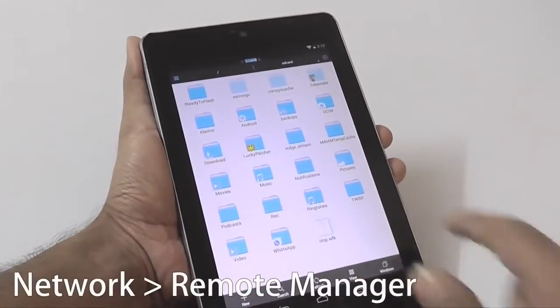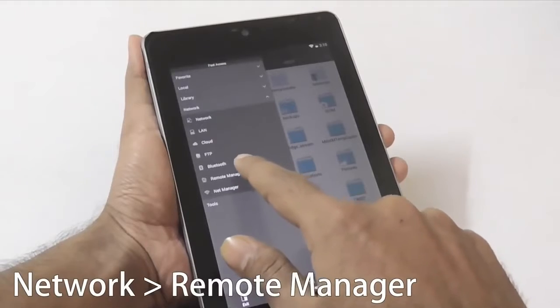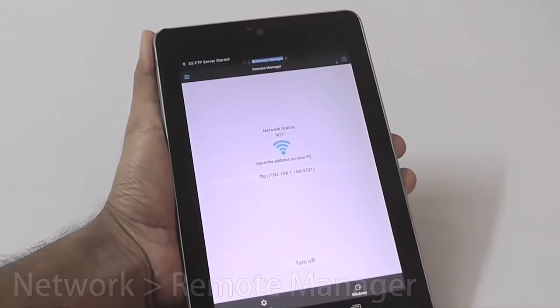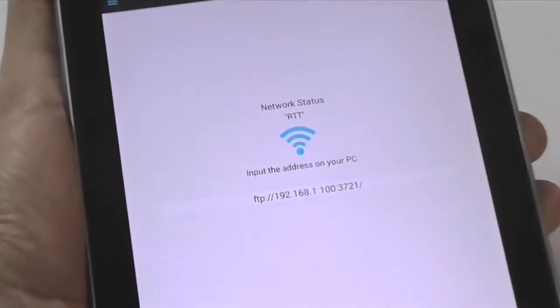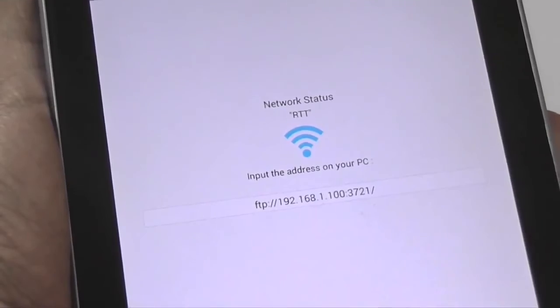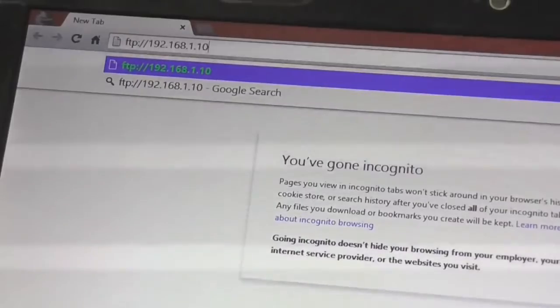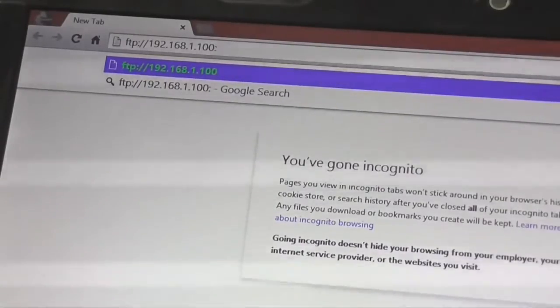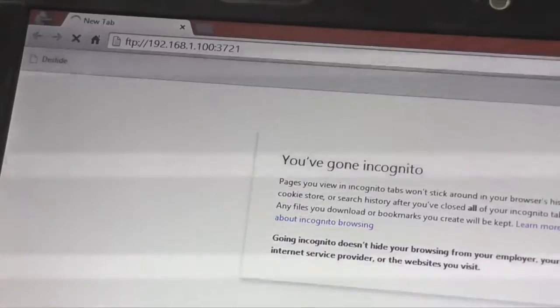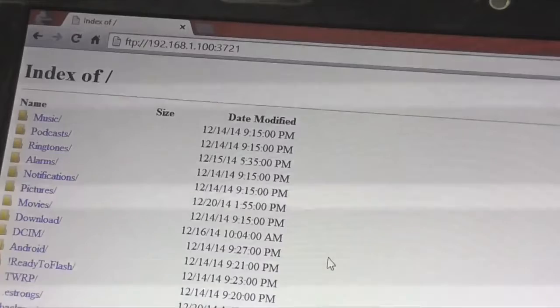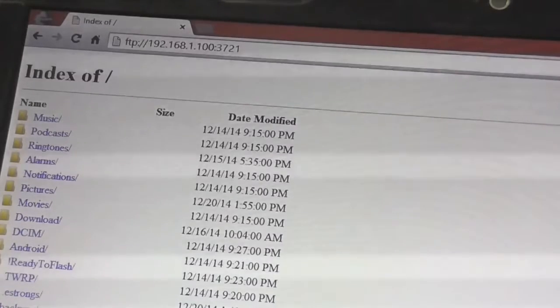Open up your ES File Explorer and under the network menu, tap on this Remote File Manager. Once you start the service, ES File Manager will display an FTP URL. You can enter this URL in your computer's browser, then you can access the content of your Android SD card. So let's check it out. How does it work? Once I type in this URL on my Windows PC, which is by the way connected to the same Wi-Fi network as my Android, you will be able to see the content of your SD card. Now I can simply drag and drop files from my PC to this Android or the other way around without using cables.